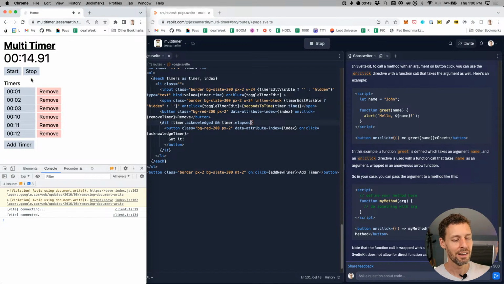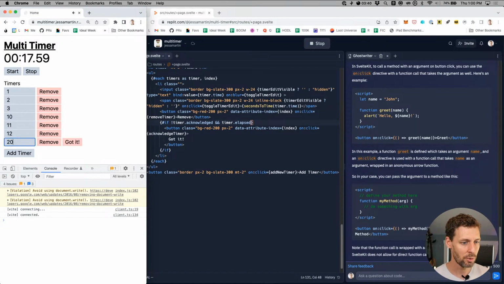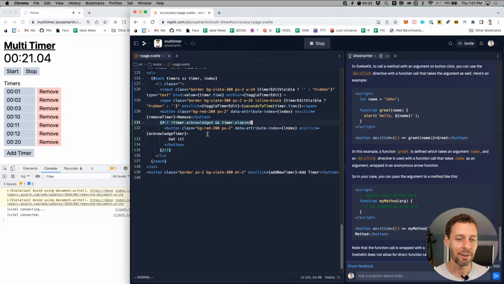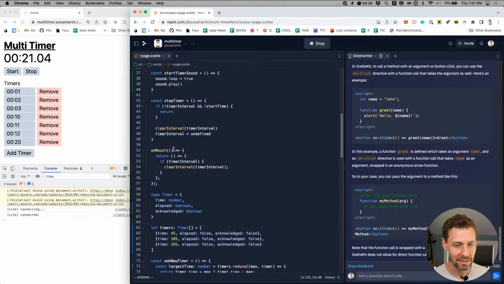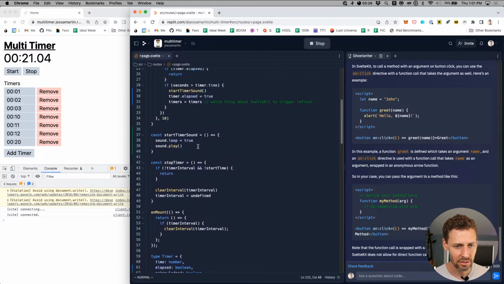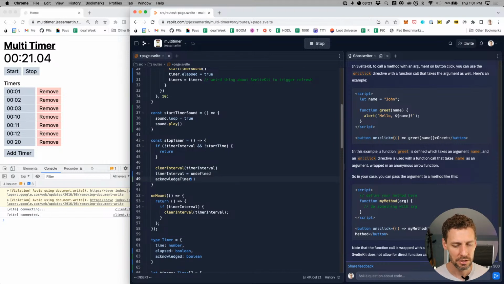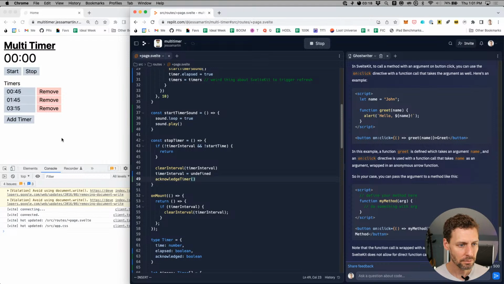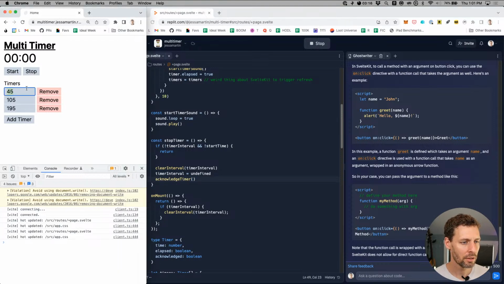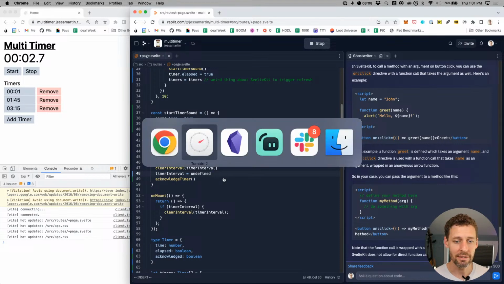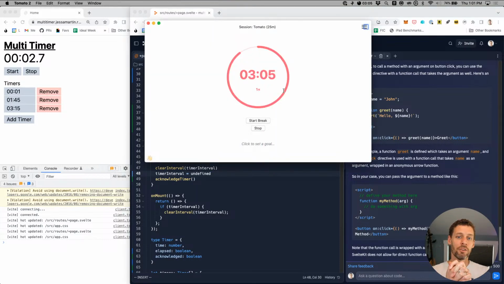Click. All right. And then finally, let's set one for 20. And now if I hit stop, it should stop playing the sound. Doggone it. Okay, fine. So then the last thing it did is it did not stop playing that sound. So in stop timer, oh, because we didn't call the method, acknowledge timer. So let's do that one thing, then start, stop. Great. Okay, nice. Well, that was the end of Pomodoro 2.